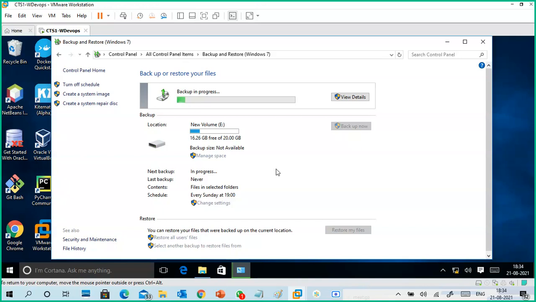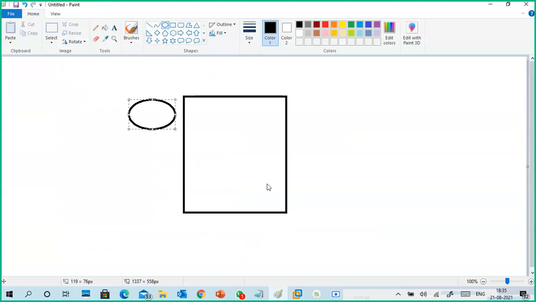Meanwhile, I will tell one point I didn't mention earlier. Guys, full backup and incremental backup. For example, every Monday I take a full backup.